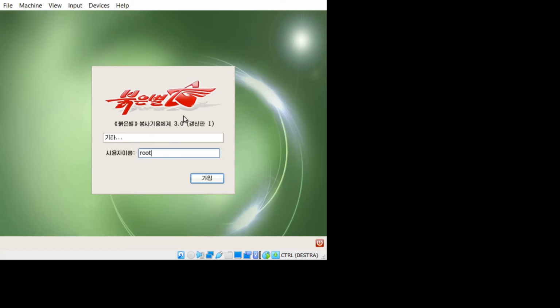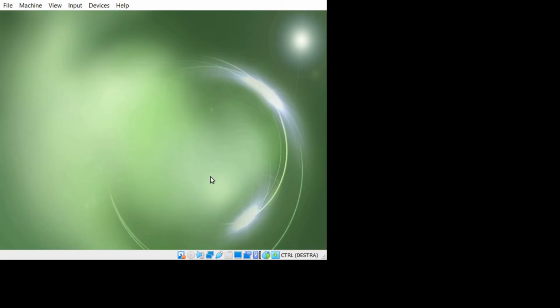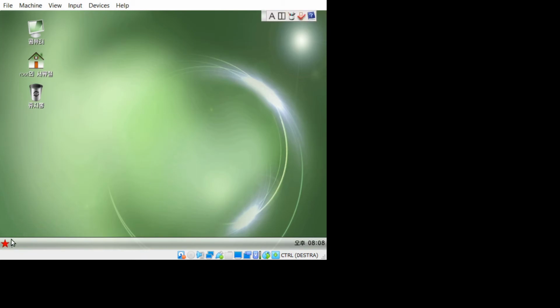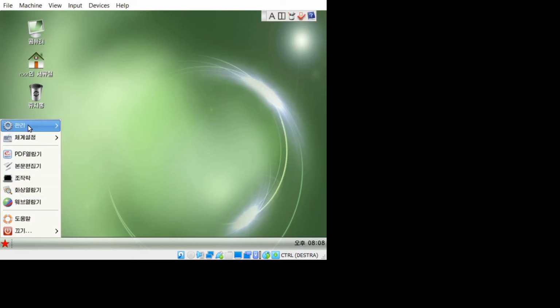Click this root account. Enter the password that we created during the installation phase.